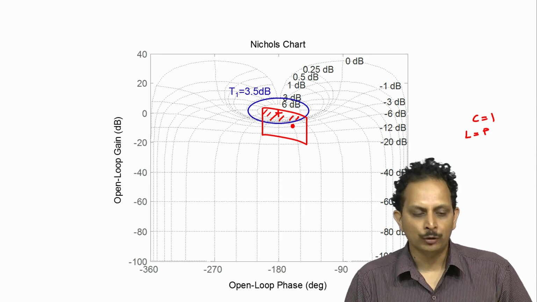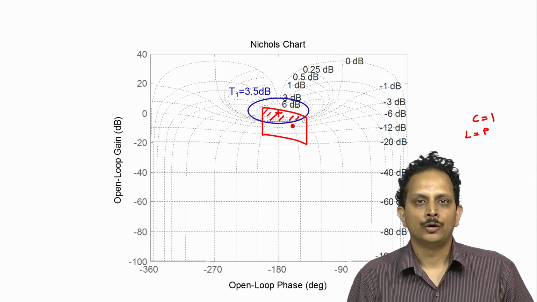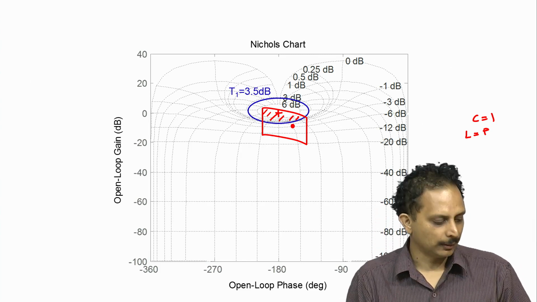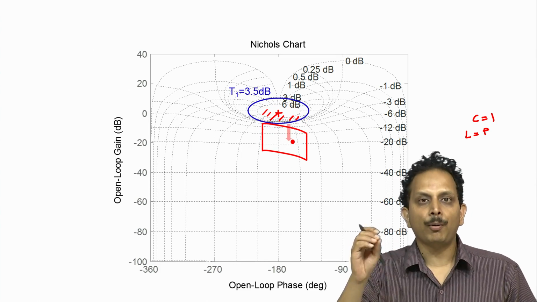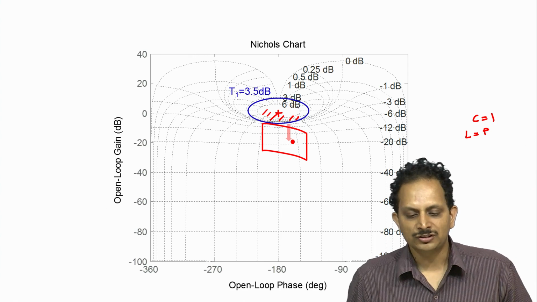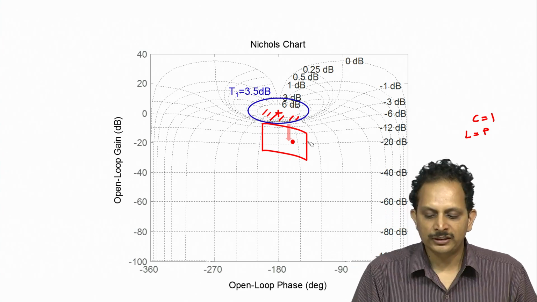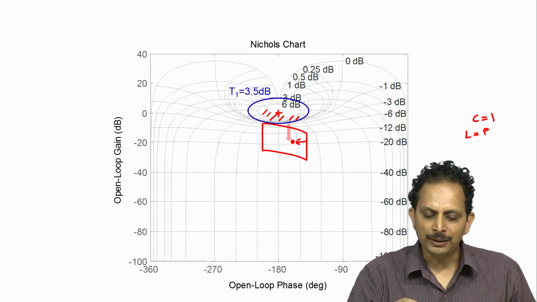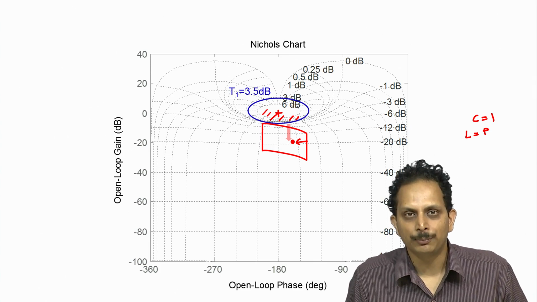So one possible way to do it is to have a controller that attenuates the gain of the overall open loop system, or in other words, such a controller will push down the plant template. So if the plant template is pushed down, then we need to push it down until every point within the plant template lies either on or outside the constant transmission function T1 is equal to 3.5 dB contour. So it is at this particular location for the nominal loop gain that every point within the plant template will lie outside the contour magnitude of T1 is equal to 3.5 dB.